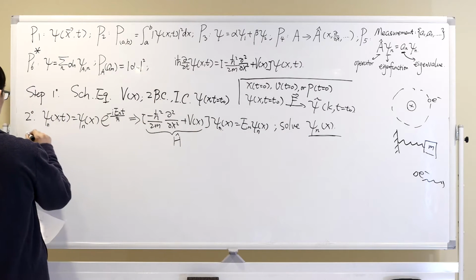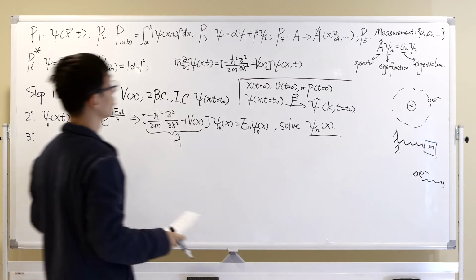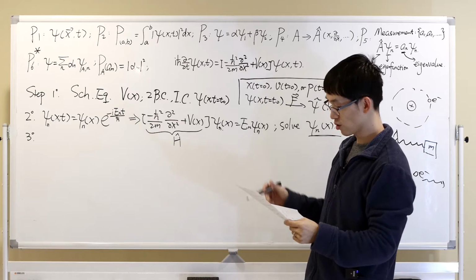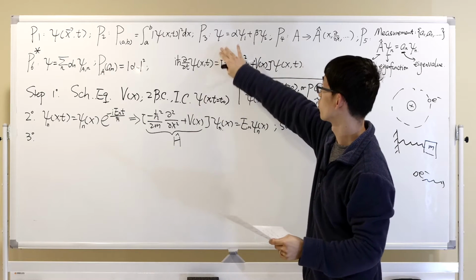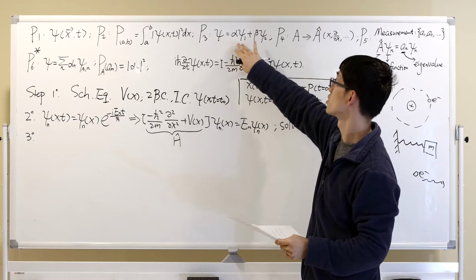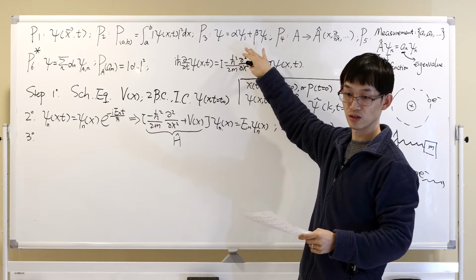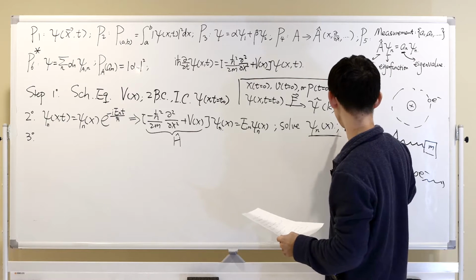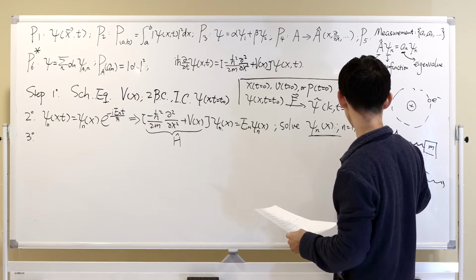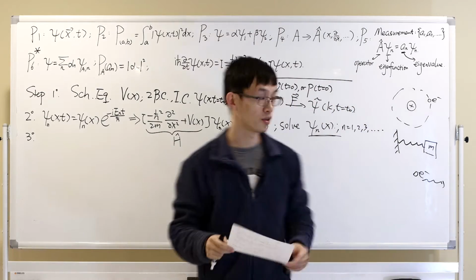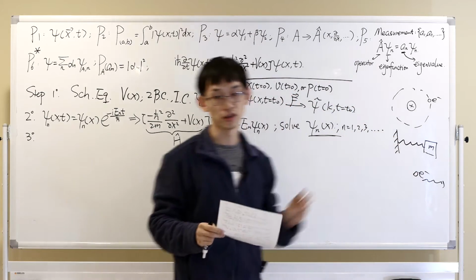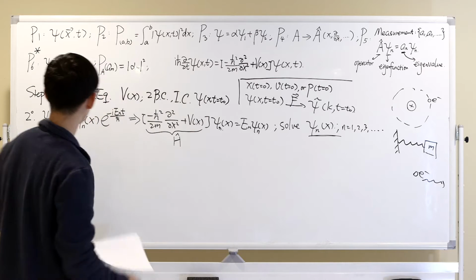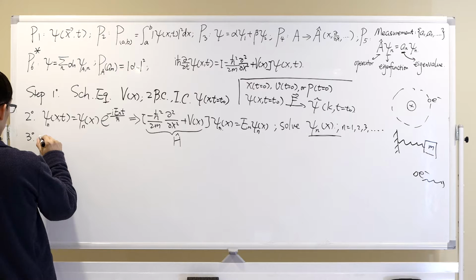And then the third step is to use your postulate 3, right? Postulate 3 tells you that your wave function is a superposition of all possible configurations. And you know that for all these eigenfunctions, n could be 1, 2, 3, and keep going. Usually n goes from 1 to infinity. Usually there are an infinite number of states. So you know that the actual solution psi